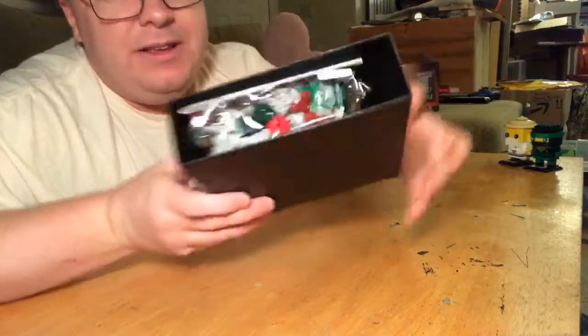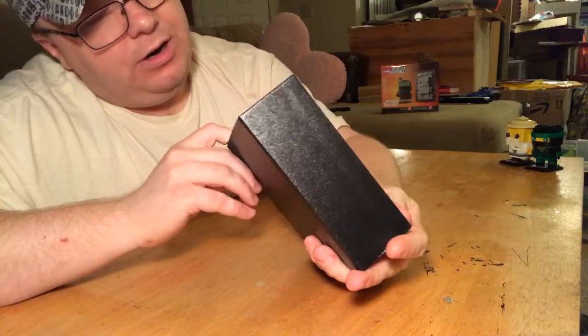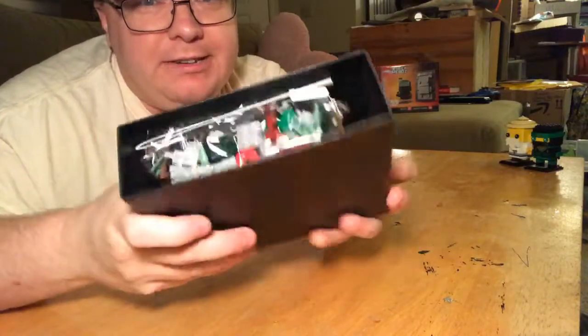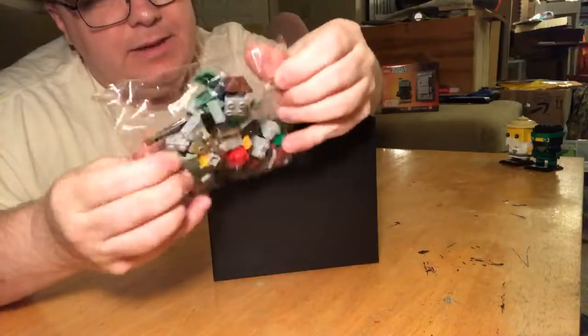Let's see. So there's what we have inside the box. Looks like we have the instructions here. Oh, what? There are two, I'm assuming, sets of instructions. Probably one for Han and one for Boba Fett. And then the bricks in the middle. Let's get the bricks out first. And we got